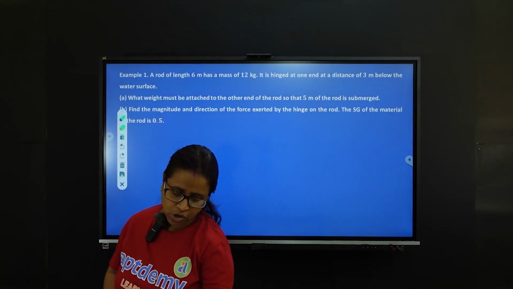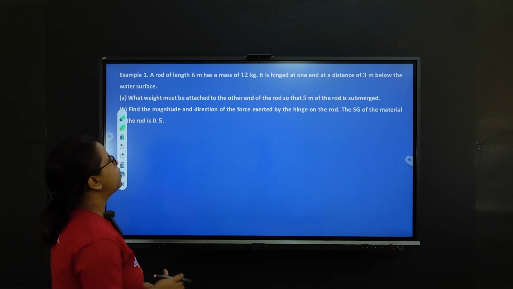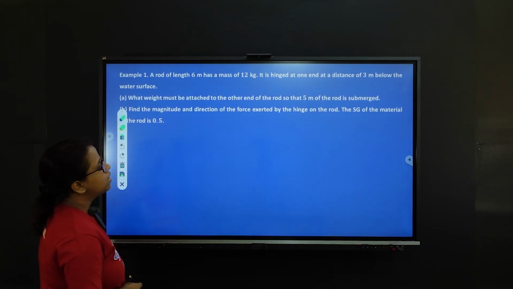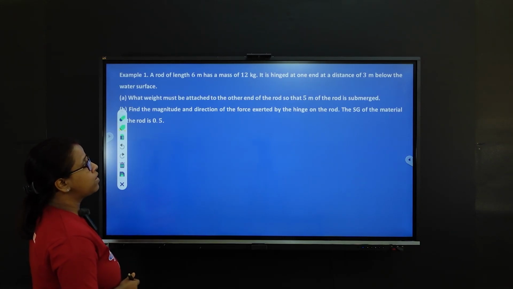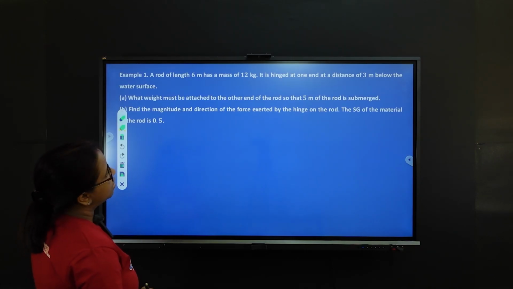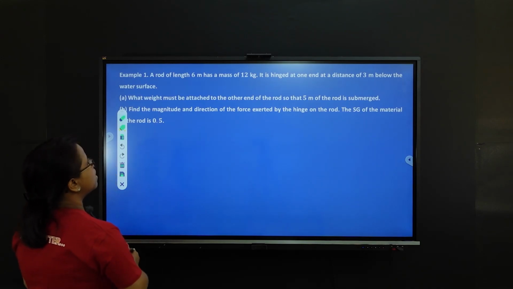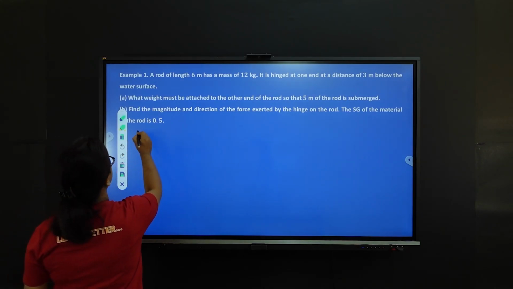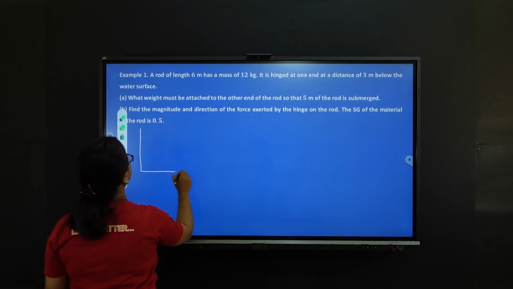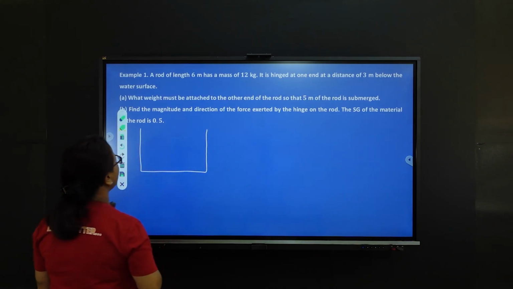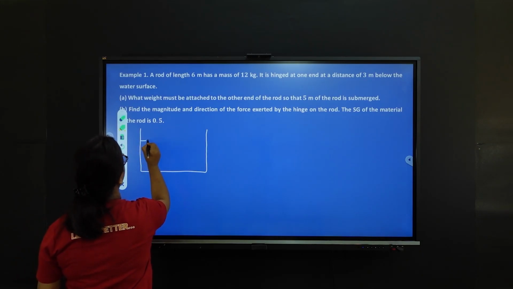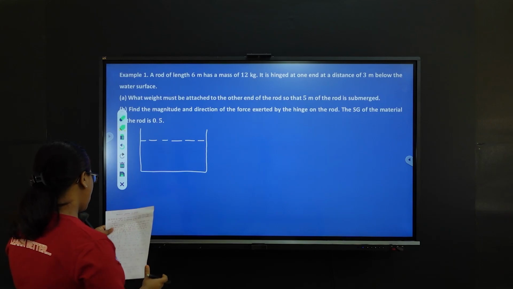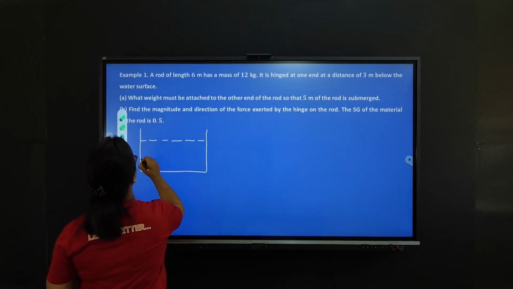So, let's first visualize the diagram. We have a rod of length 6 meters. It has a mass of 12 kg and it's in the water, hinged at one end at a distance of 3 meters. Suppose this is the tank containing the water, and let's mark the level of water here. This is the level of water, and we have a rod which is hinged